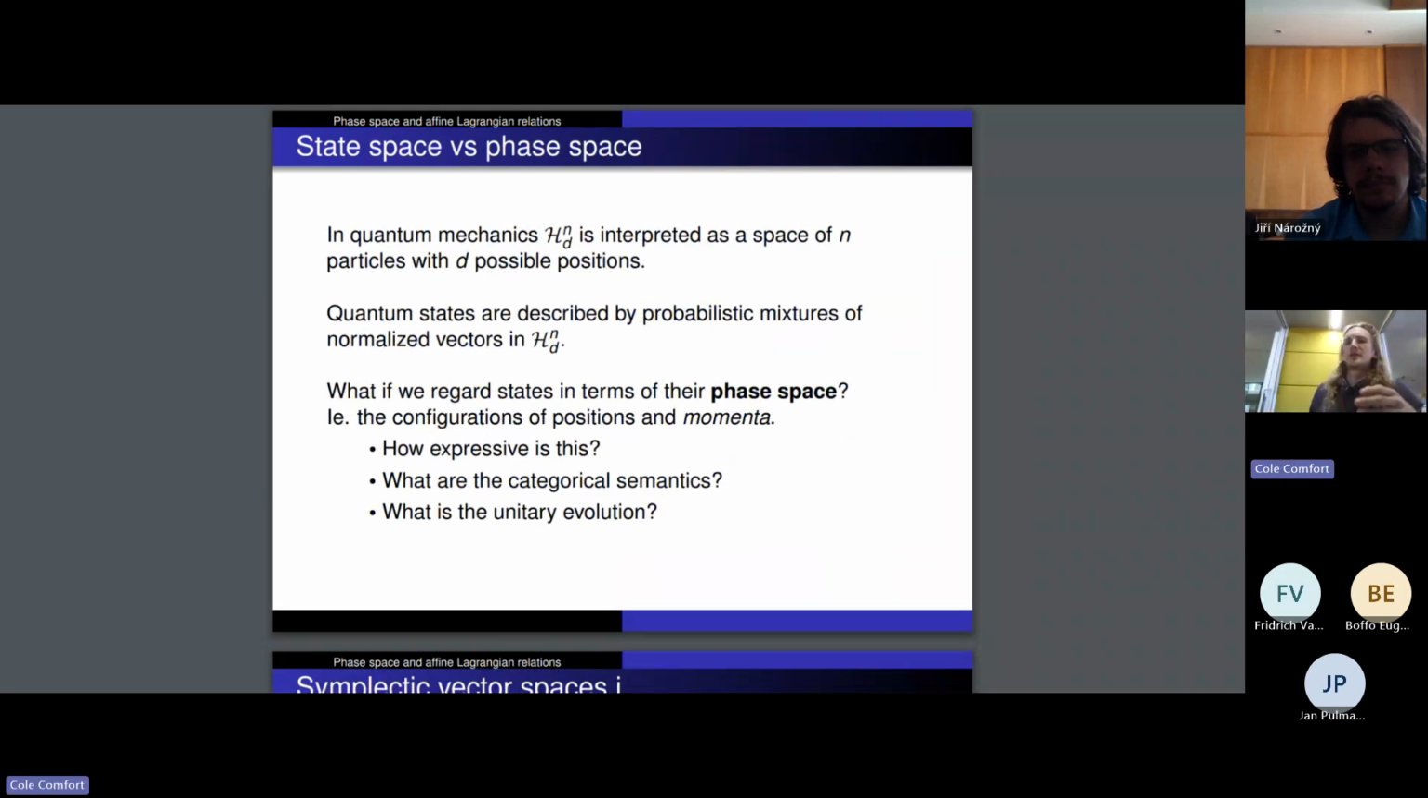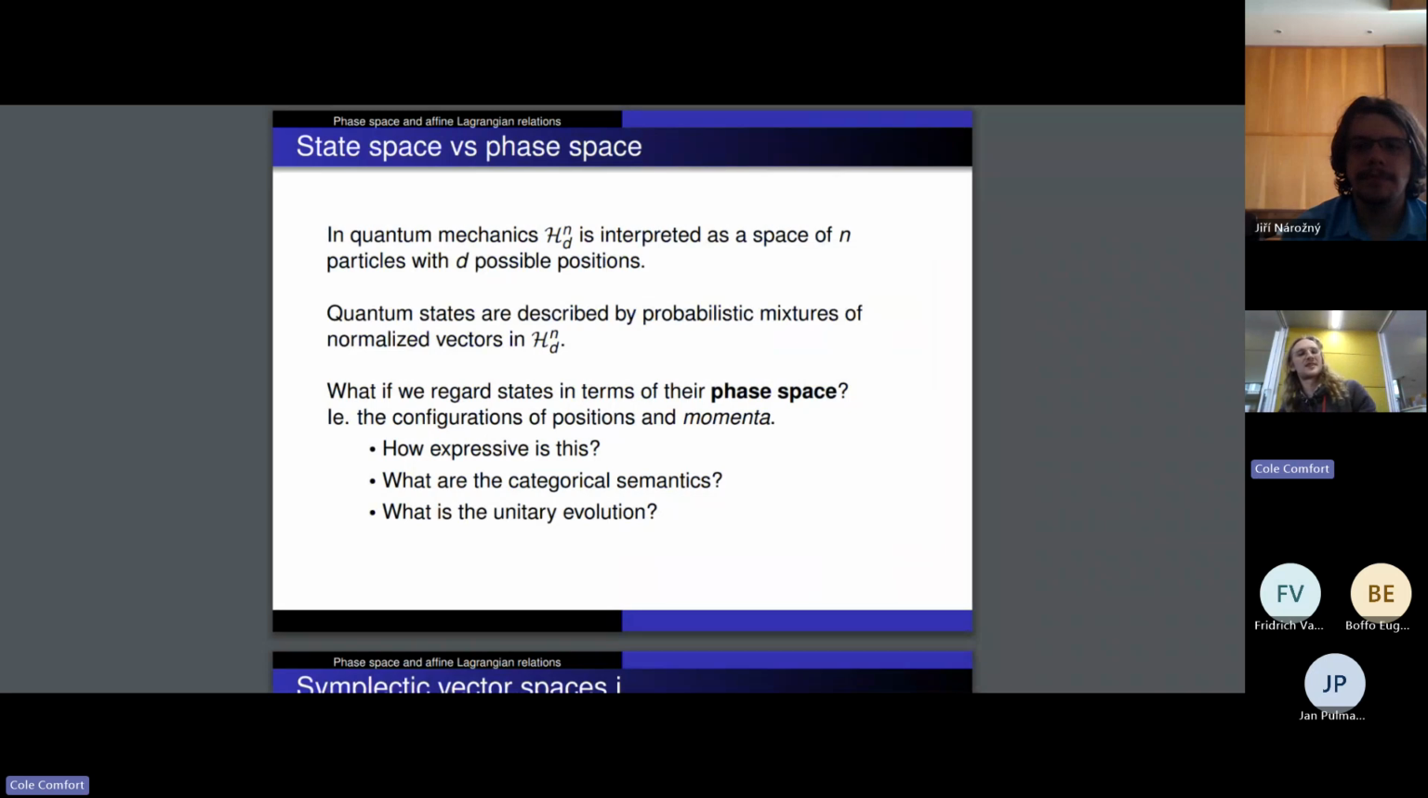So in the previous very brief introduction to quantum mechanics, I described that the state space of a quantum system is this d-dimensional Hilbert space, tensored n times with itself, and these are all of the different possible positions which your particles can take, and of course also the mixtures of these things. But